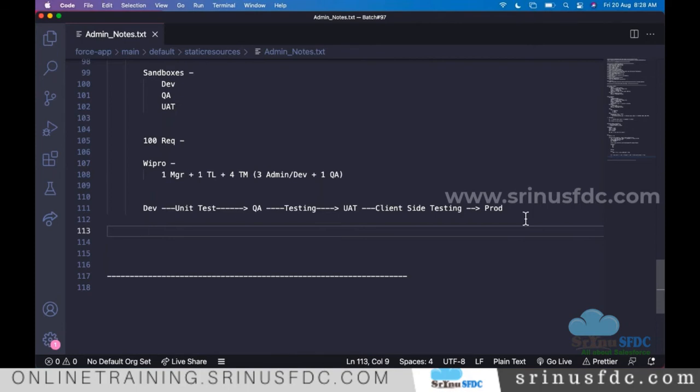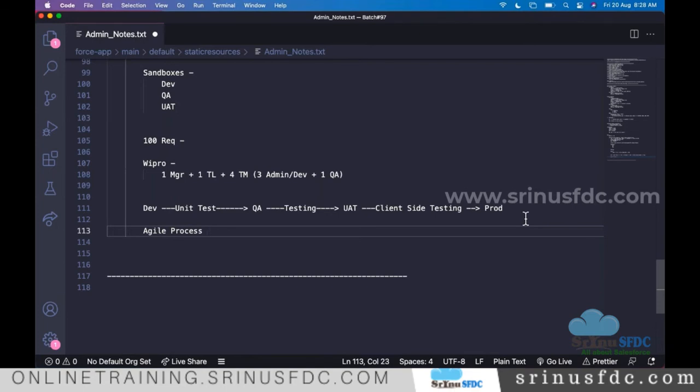So in most of the projects and companies nowadays, the process is the Agile process. This is not related only to Salesforce; it applies to any technology. In projects, they follow a process to deliver the project successfully, and one of the famous processes is the Agile process.